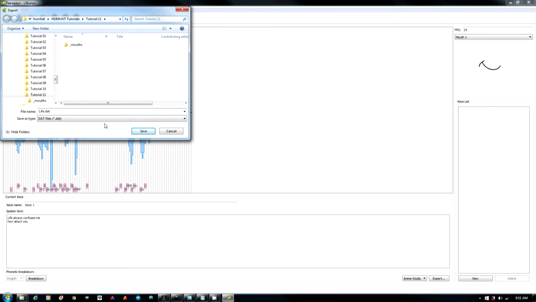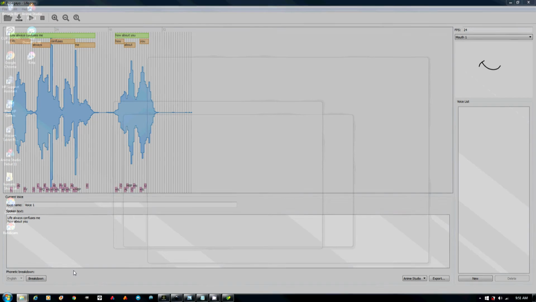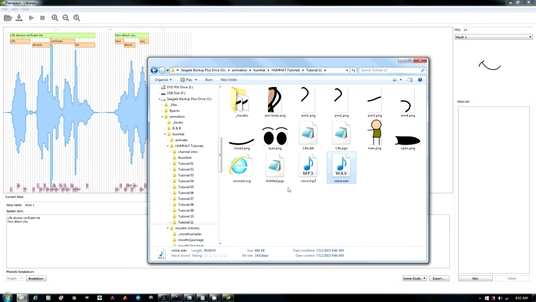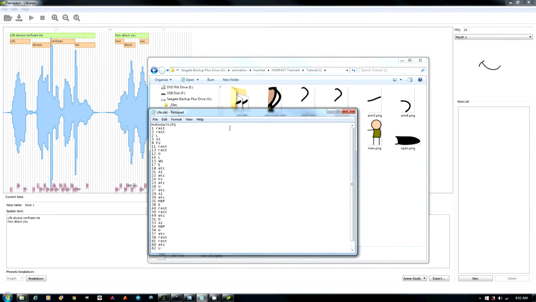This is for Anime Studio, if you're an Anime Studio user. But since we're using Synfig, we're going to have to go in and modify it. So now we're going to pop over to here. Here's our .dat file. Double click on it. Now I have it opening in